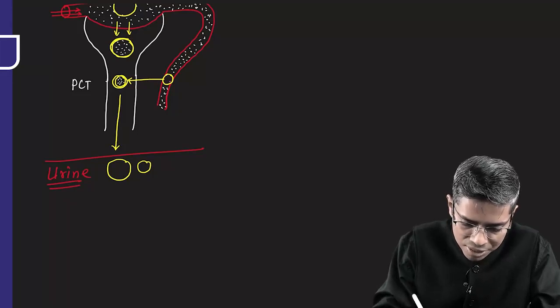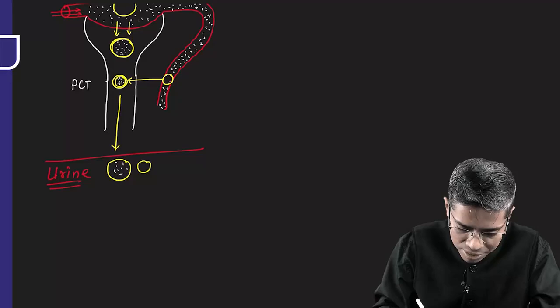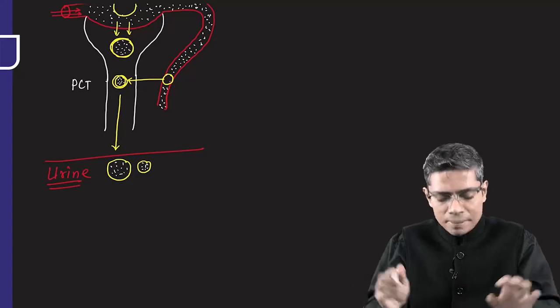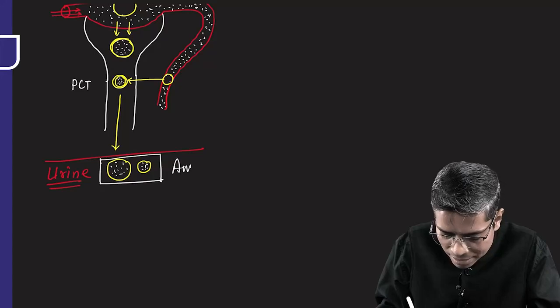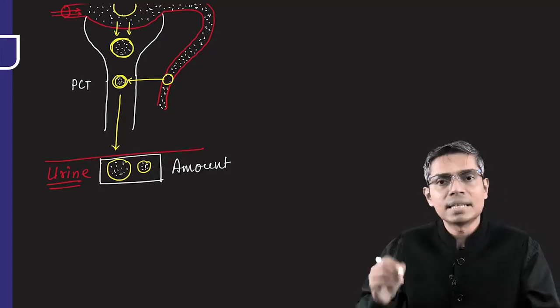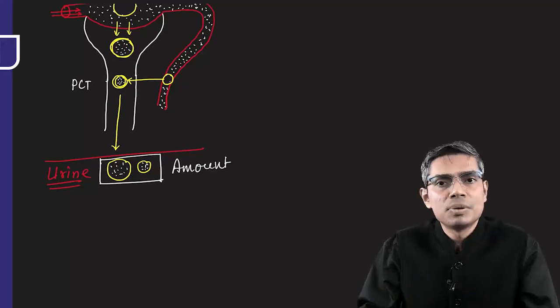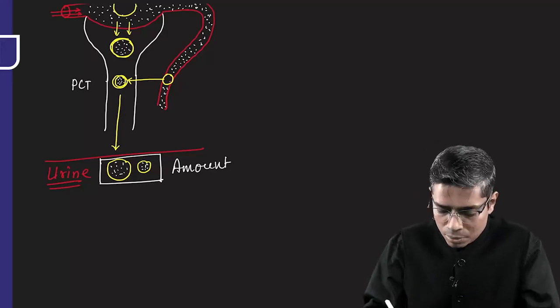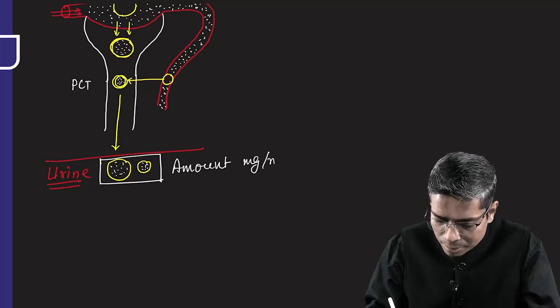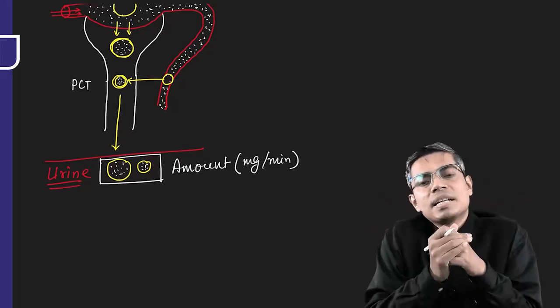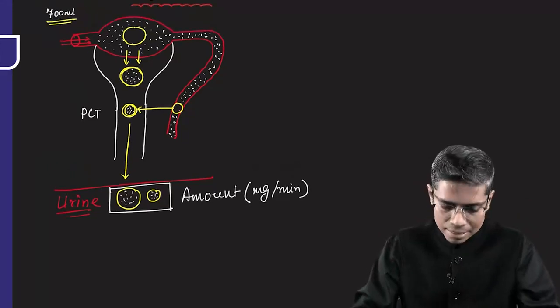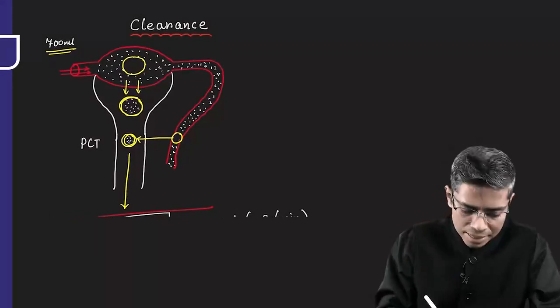One is from filtration, and one is from the secreted amount of creatinine. But whatever it is, I have measured the total amount of creatinine present in the urine. What is the unit? Milligram per minute or milligram per hour, whatever. You have measured the total amount of creatinine in your urine, and then you are measuring